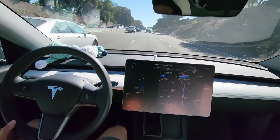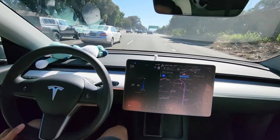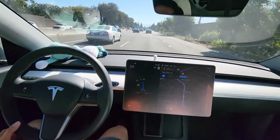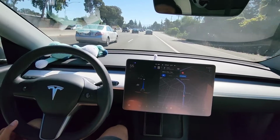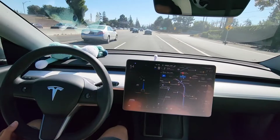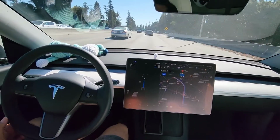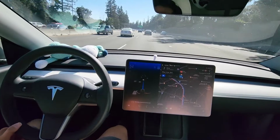It's doing really well. Hasn't needed any disengagements yet so far. You can see it's driving on its own really well. Most of the times I disengage it is kind of me being picky. The only other thing that I needed was to tell it to go on the right on red, because it was being too safe